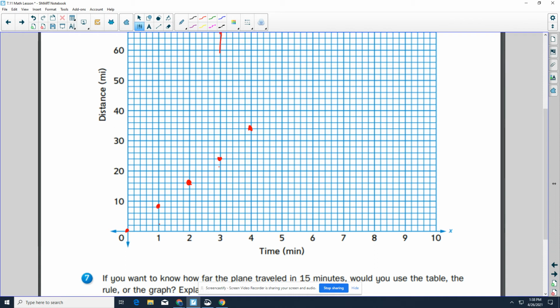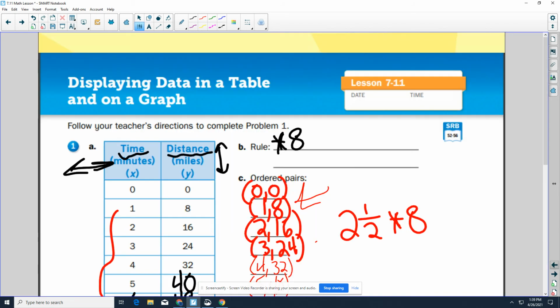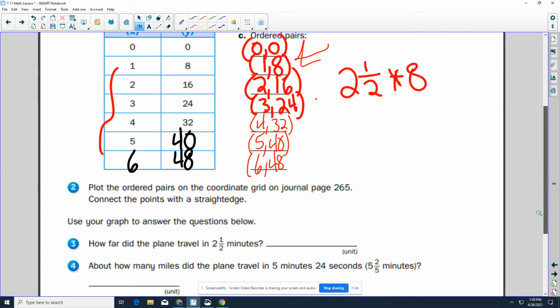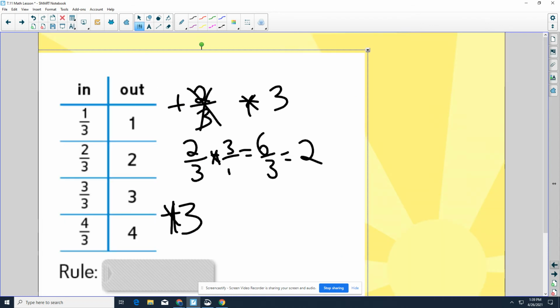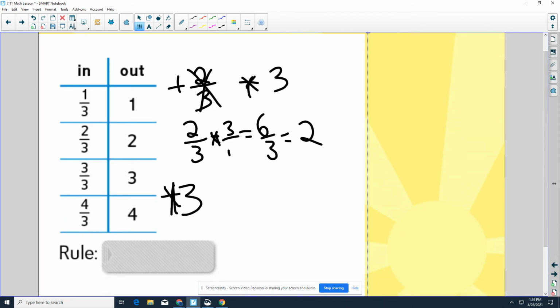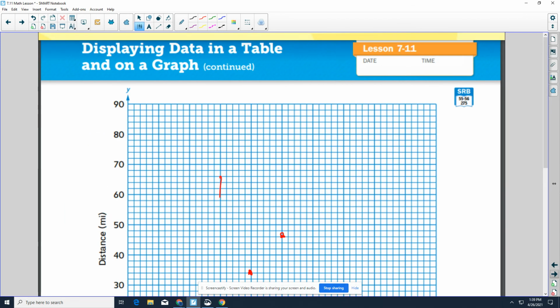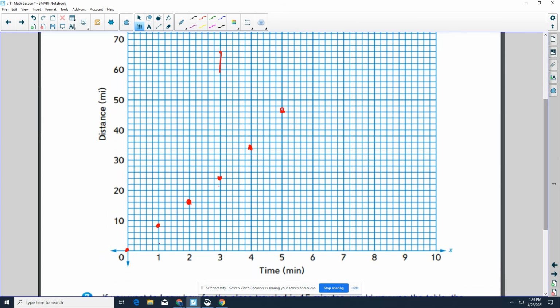I just count 42, 46, 48. And then I have my last ordered pair there. Should be, oh, and I made a mistake on this one. Should be 6 or 540 here, and then 648 over here. So I'm going to go ahead and change this 648, and I made a mistake there. I read it wrong. It should be 540